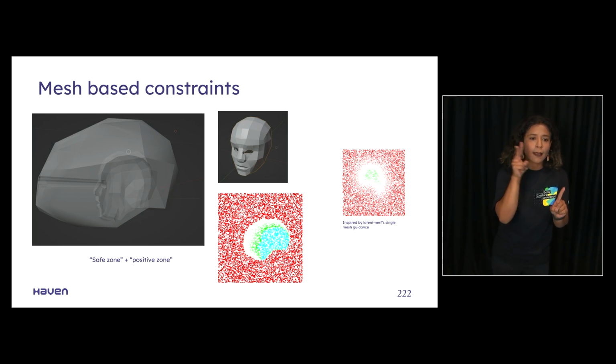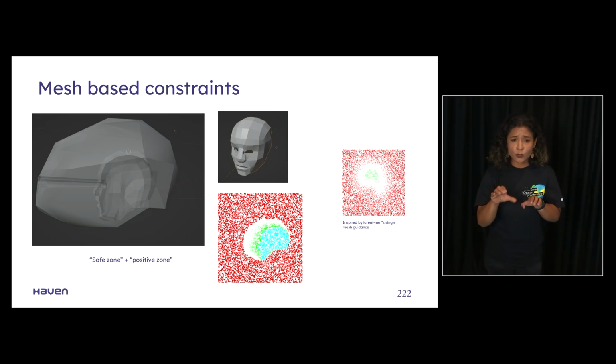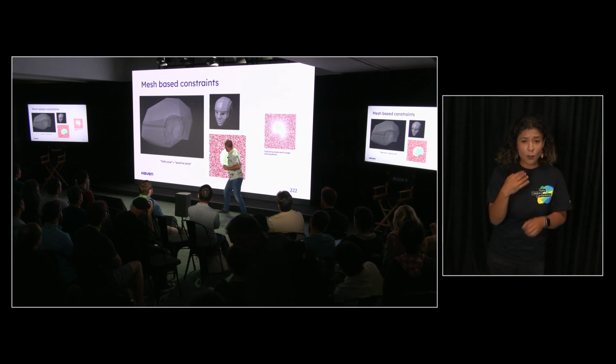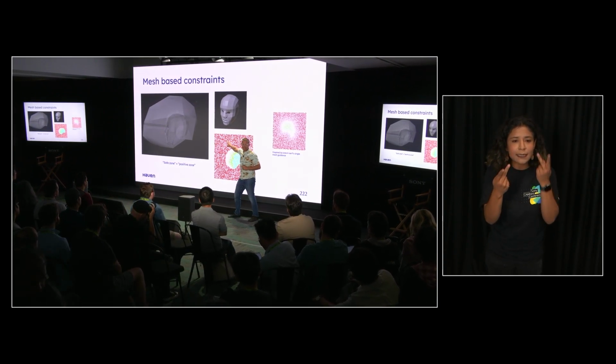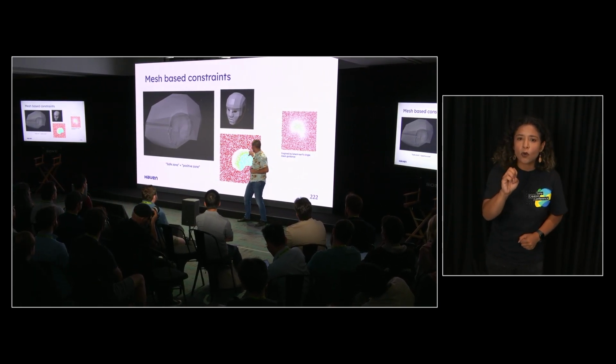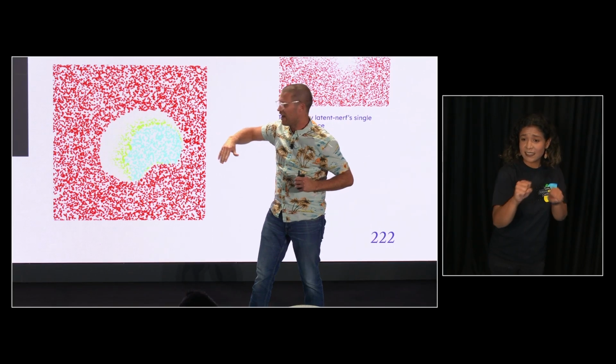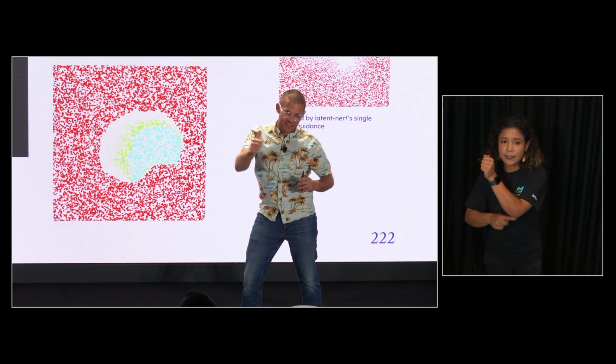The way we do that is with this concept of a safe zone, where the mask can't grow out of it, as well as a positive zone, which is what we want the mask to fill. This is just a simple scoring technique. As we generate the masks, you can actually see a visualization of that score in red and green here. So if the NeRF starts violating the safe zone, we start penalizing it. If it starts filling up the mask zone, we say thumbs up.